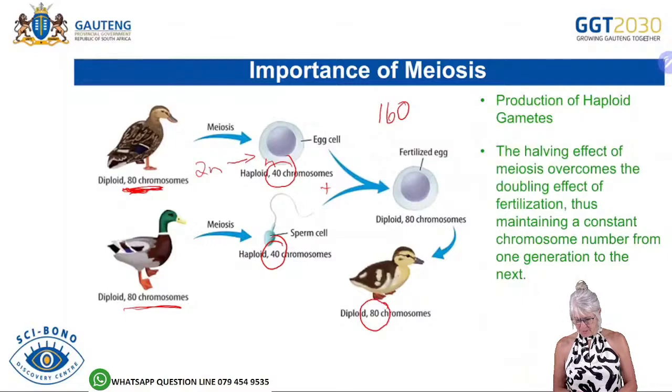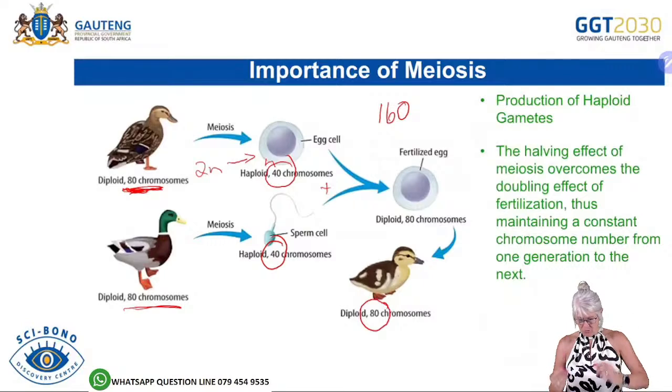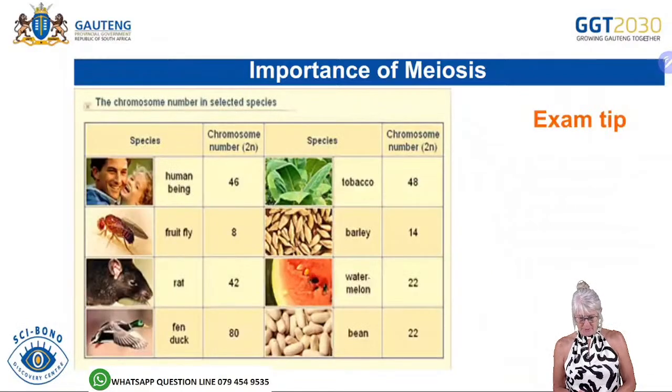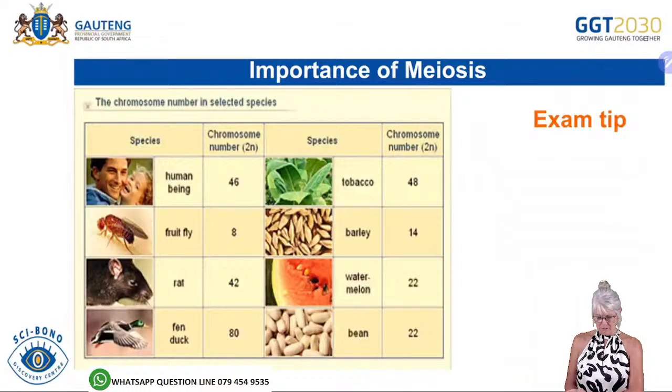Then the halving effect of meiosis is overcome by the doubling effect of fertilization. As soon as I've got those haploid chromosomes during fertilization, they go into the cells. I'm going to join them, and then it goes back to diploid. So the number of chromosomes stays the same. Right, so exam tip, and that is why Samantha also said earlier, is we must look at the question very